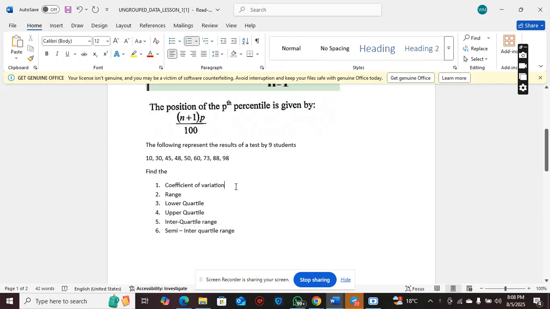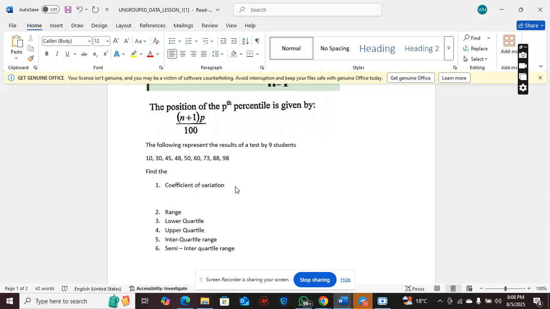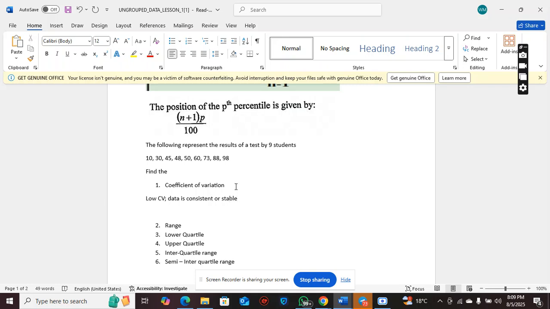All right. So the coefficient of variation, as I said, measures consistency of a data set. A low coefficient of variation, then your data is consistent, or stable. A high coefficient of variation, data is inconsistent or less stable. Then in the business world, this coefficient of variation is used to measure risk versus